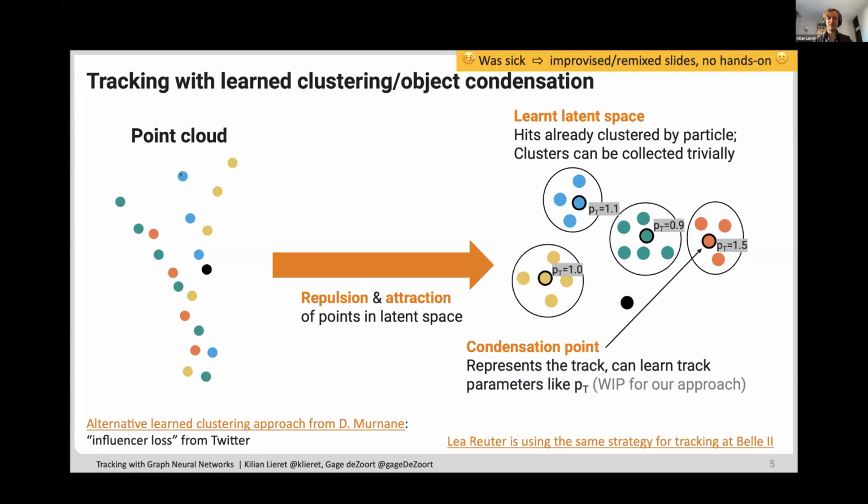latent space by repulsive and attractive loss functions that we use to train the network in such a way that when we do this embedding of the point cloud into the latent space, the points that belong to the same particles come very close together. So for example, you could use something like eta, for example, that would already kind of help you to achieve that. And once you've achieved that,